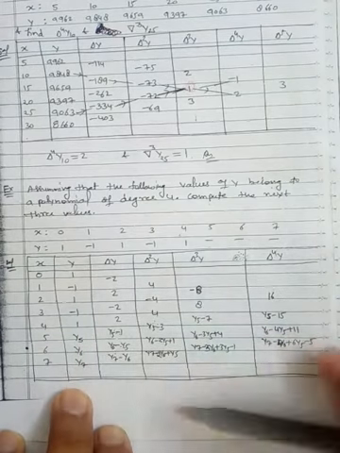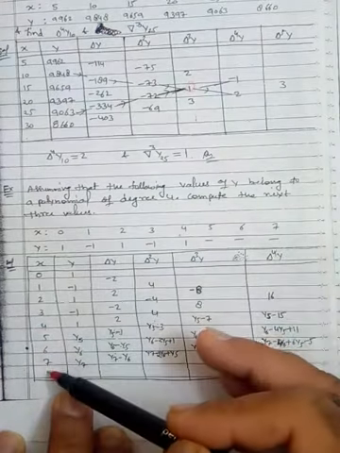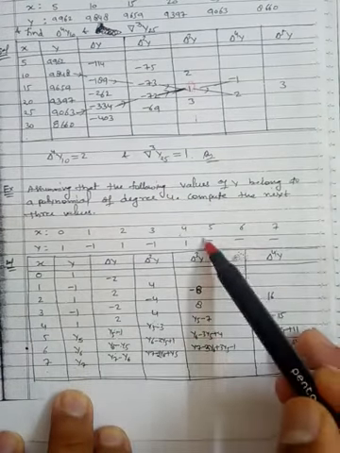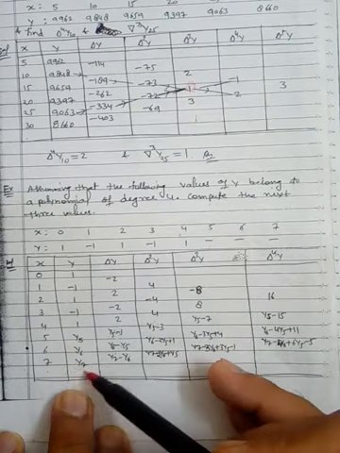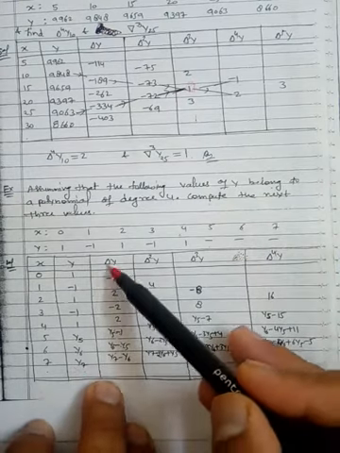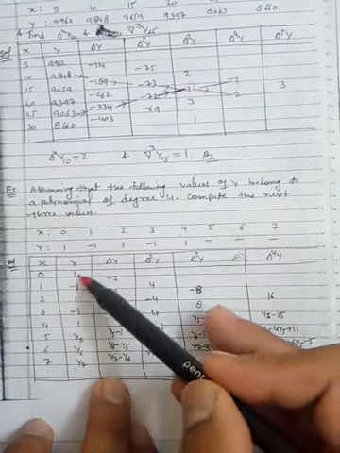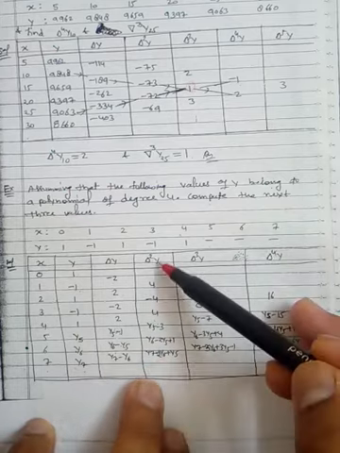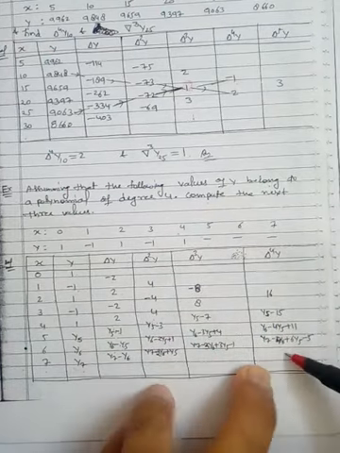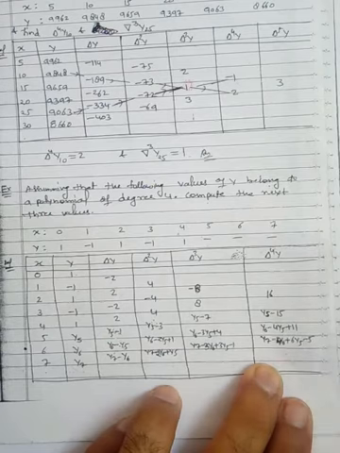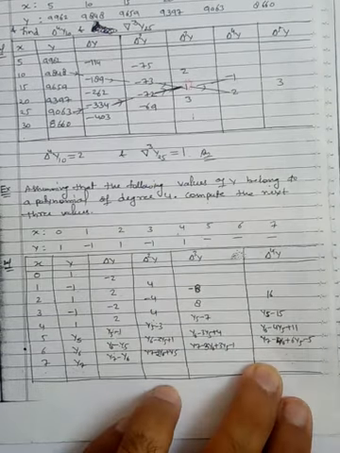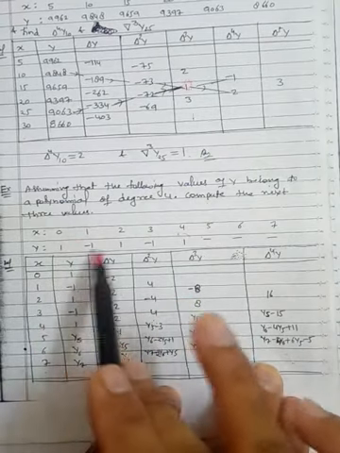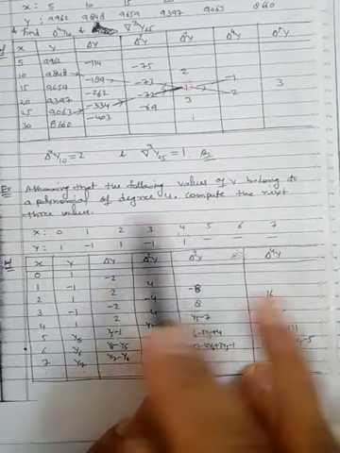So we have to construct the table. These are the x values from 0 to 7, with corresponding y values from here to here, and we have assumed that these are y5, y6, y7. So they are listed. Then find the first order difference. That means minus 1, so minus 2; 1 minus this is 2. So they are listed here. Similarly, the second order difference, third order difference and fourth order difference. We have taken only up to the fourth order difference. Why? We cannot go beyond this, because the given values are only 5: 1, 2, 3, 4 and 5. Five data points are already given to you.